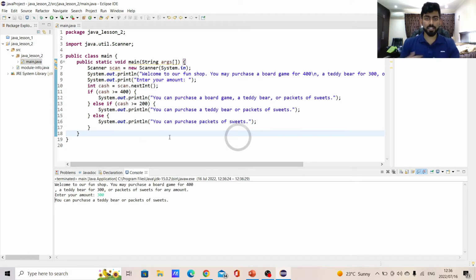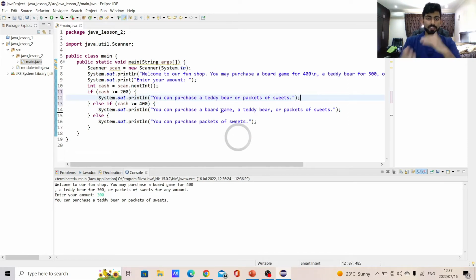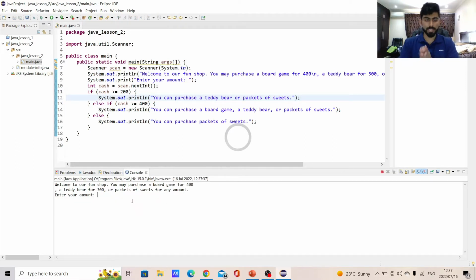Now I want to talk about something that you should know when it comes to conditional statements, and that's the order of the statements. Guys, it's very important that you realize that the order of the statements matters. For instance, I'm going to show you. Now you'll see I've actually changed the order of the statements. Now if I run this, say that I want to tell the employee that I have about 500 Rand, right? And that's enough to purchase a board game. So now if I type 500 here,